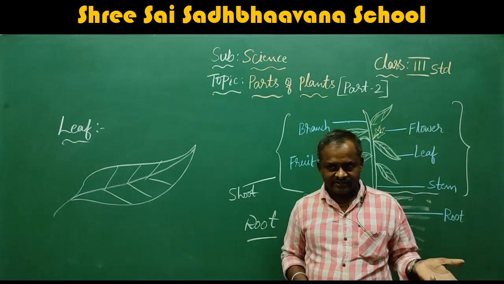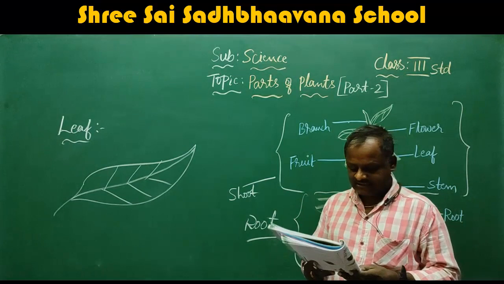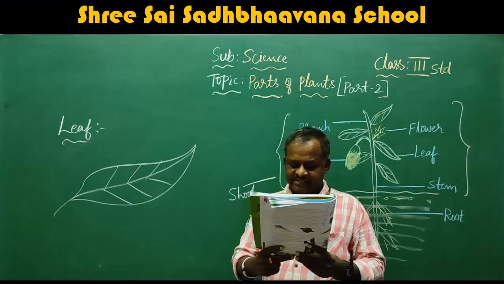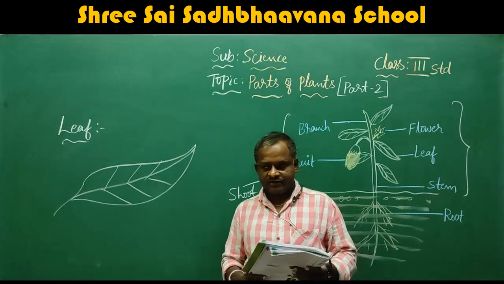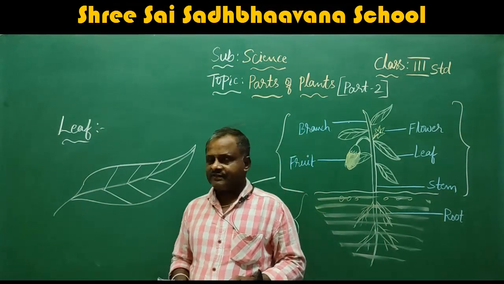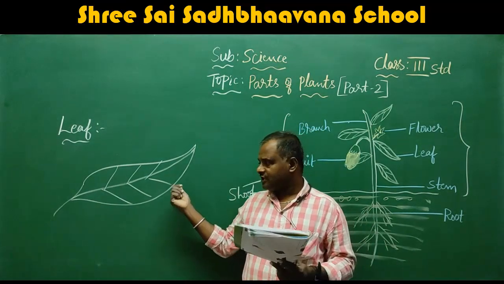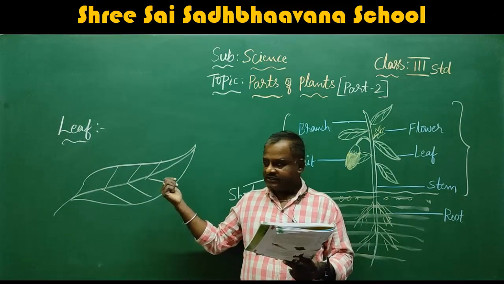The exchange of gases during the breathing purpose. A green leaf makes food. The stomata throw out the extra water from the leaves, as well as being used for breathing purpose. Okay, once again I will read.